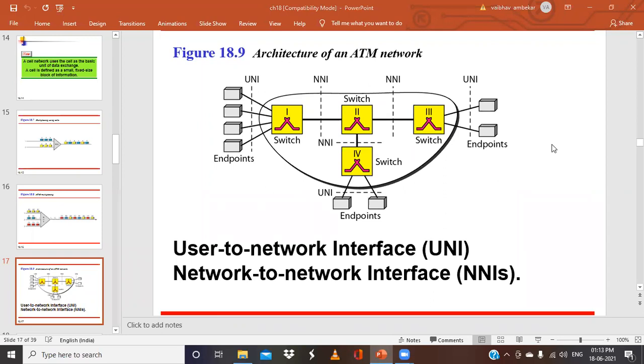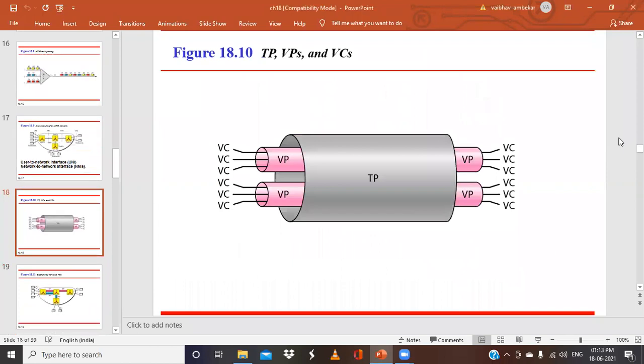In connection-oriented, the same path. Exactly, very good. So in this connection oriented approach, the cells follow the same path. So how will these cells be following? In that case, we'll be studying something called virtual paths, virtual circuit identifier, and transmission paths. Before going ahead with that, we'll be discussing the cell. Like we discussed a frame, what will be the size of the cell?